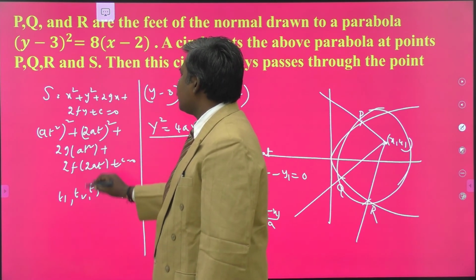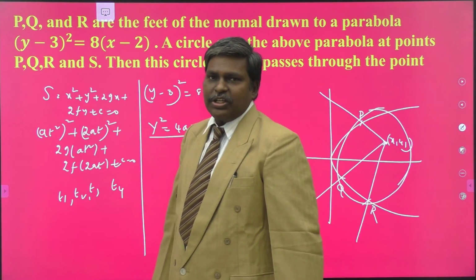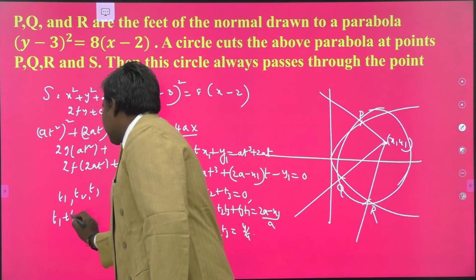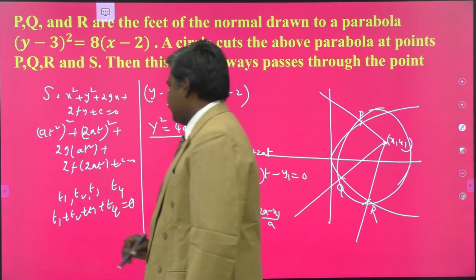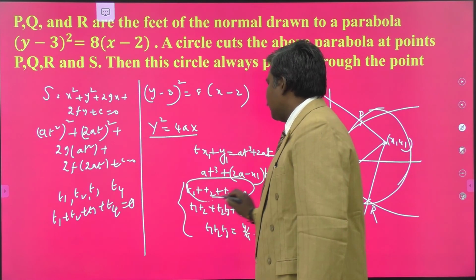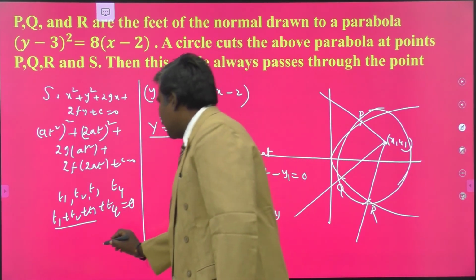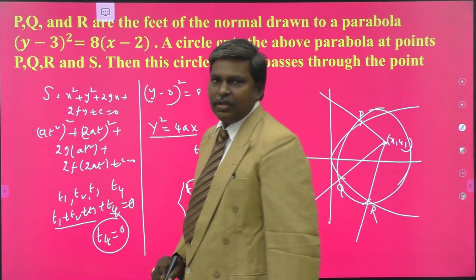The sum of the roots is 0 because t power 4 is there, t square is there, and the t cube term is missing here. Therefore, t1 plus t2 plus t3 plus t4 is 0, my dears. Already you have t1 plus t2 plus t3 as 0. We obtain t4 equals 0. This is the highlight step of this problem.